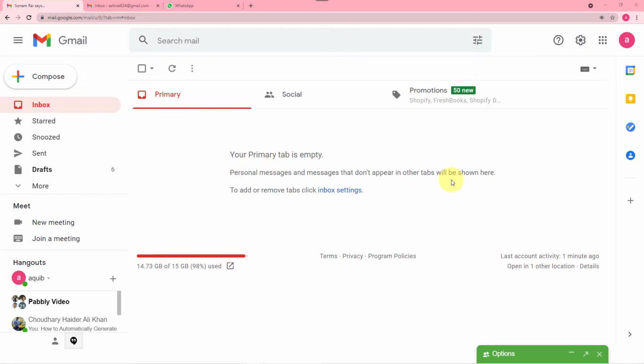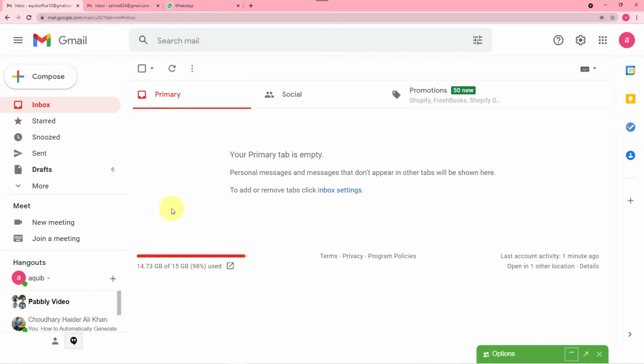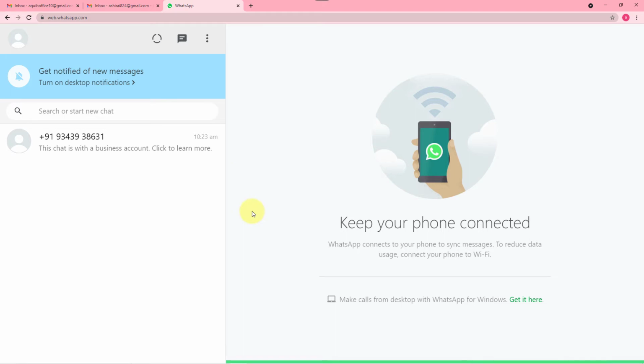So guys, this is the email ID of an HR of a company, and in this email ID he or she is receiving the resumes for job applications, right? And this is the WhatsApp account of a higher personnel of HR, like an MD or co-founder of the company, who gives the final nod on whether the resumes are selected or not. So this person, who is a higher personnel than HR, cross-checks the resume. So whenever the HR receives a resume here, he wants the same resume to be forwarded to this WhatsApp account for reviewing or for cross-checking.